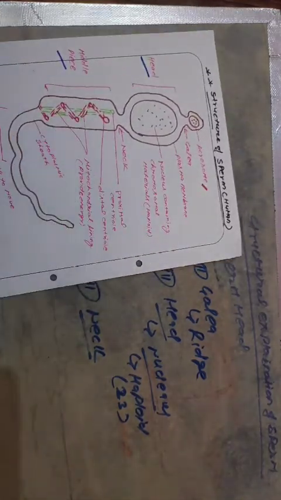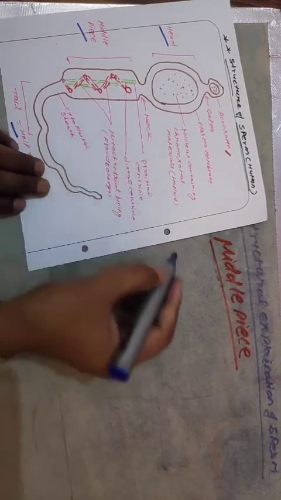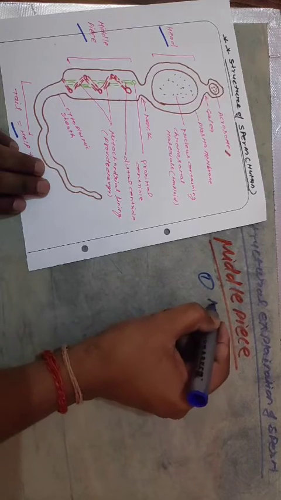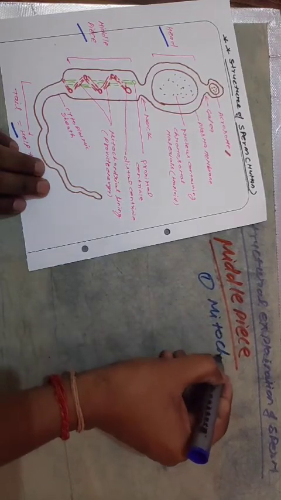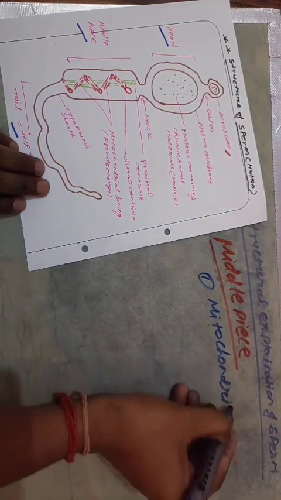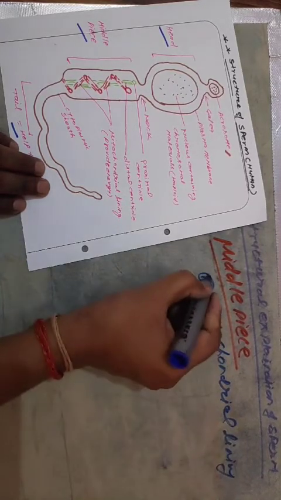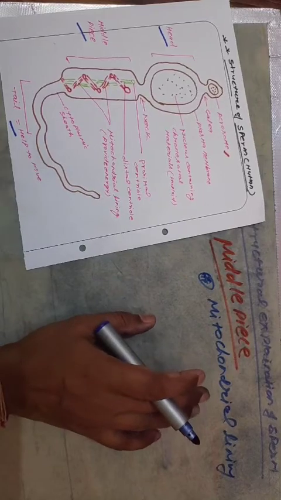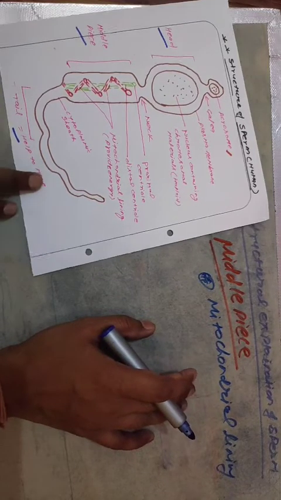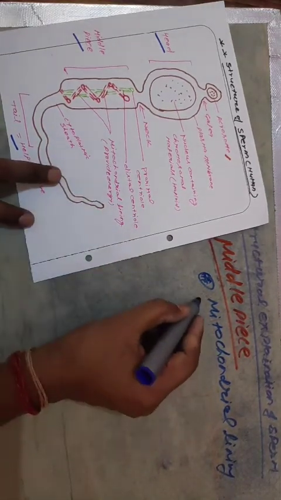Now back to the very essential part, that is known as the middle piece. Listen carefully. The middle piece of the sperm consists of the mitochondrial lining. It is very essential, the one and only basic structure that is filled in the middle piece. And this mitochondrial lining,